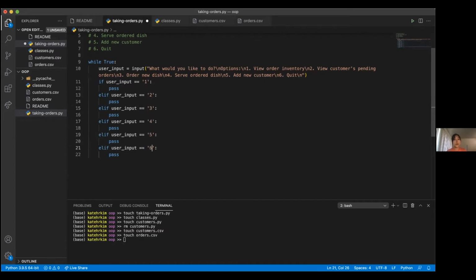This is not required, but I like to have an extra else after this. So if you input a number that is outside of the range of the valid commands, then you would